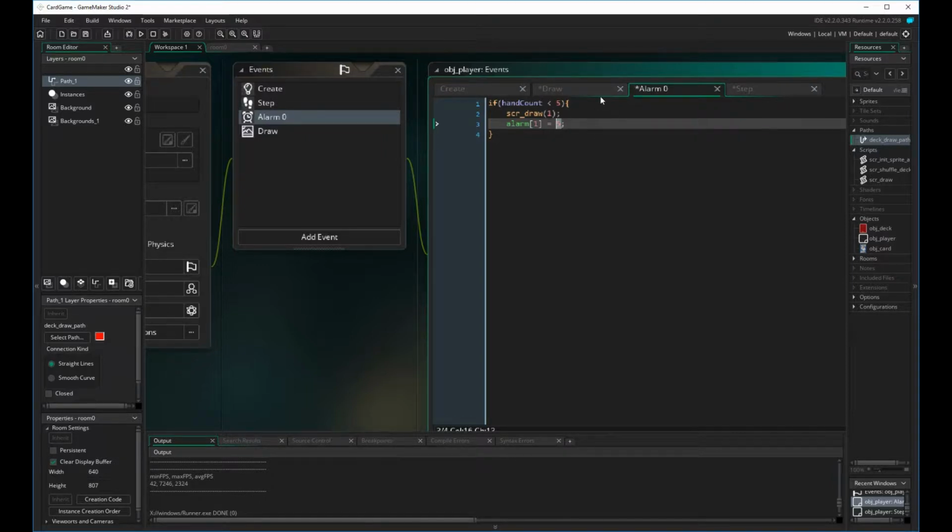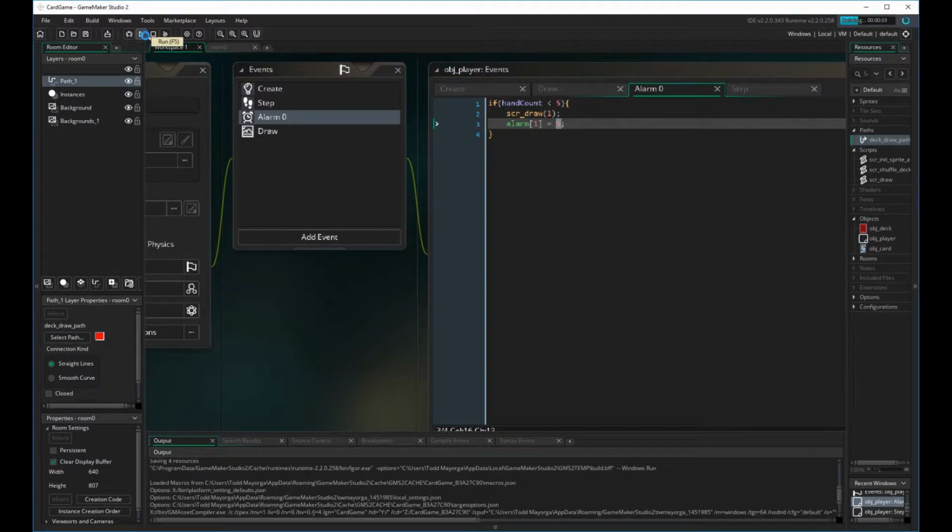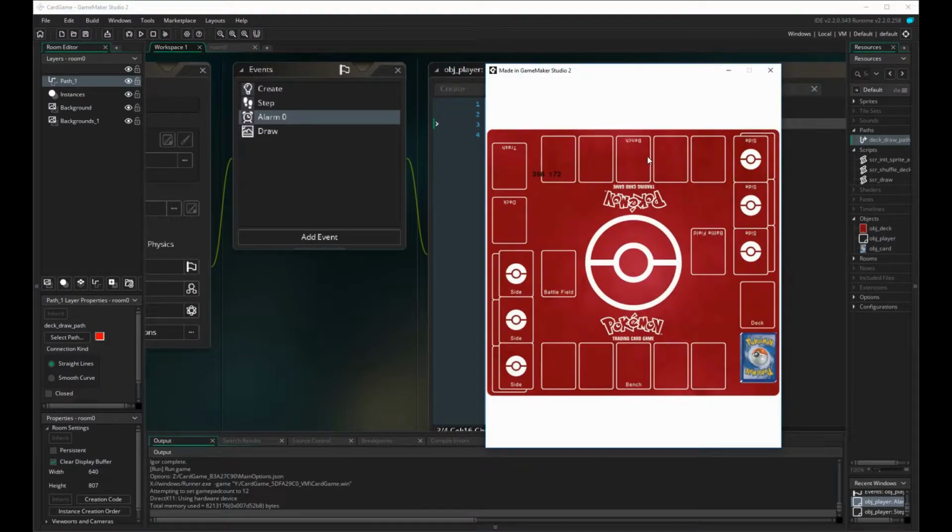That's because we want to wait 5 frames before we draw another card, just so it doesn't look like all the cards are being drawn at one time. So if you wanted to create a longer pause before drawing another card, increase this number. So let's see what that looks like. Now if I press the enter button,